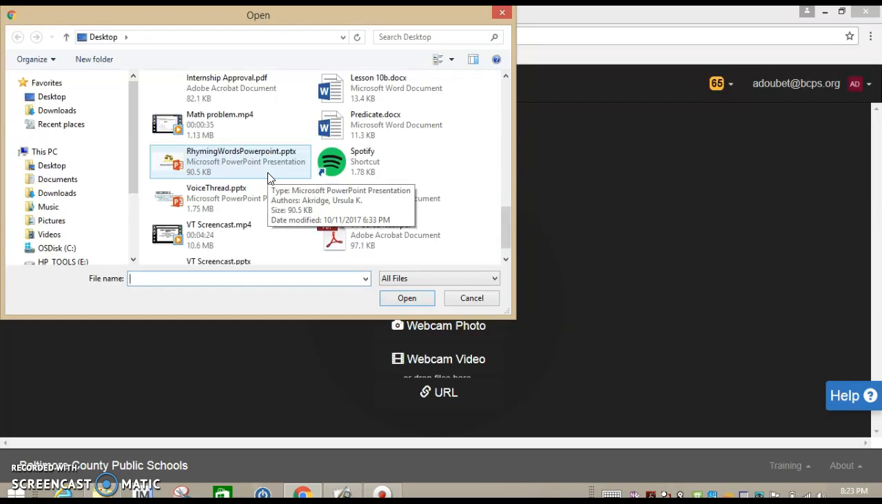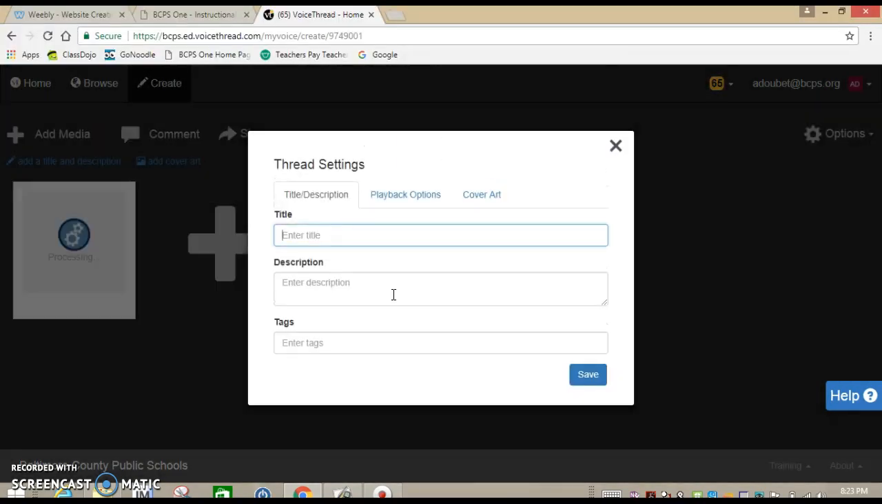So that's exactly what I did. I just found a rhyming words PowerPoint. I click it and I click open. It will ask you to enter a title, and it will also ask for a description and tags. You don't have to enter anything for those two unless you want. I usually just leave them blank. And you hit save,